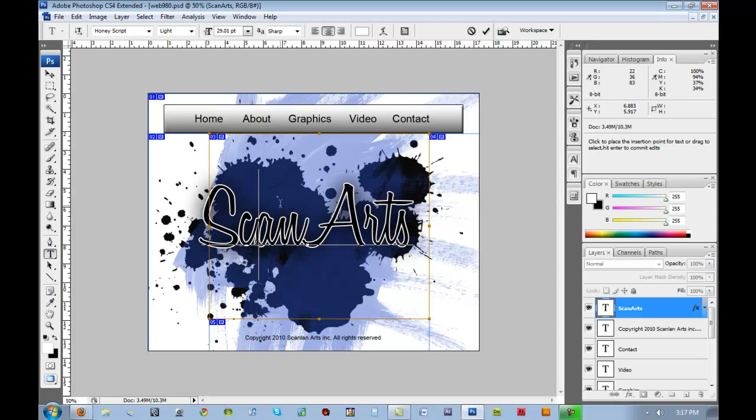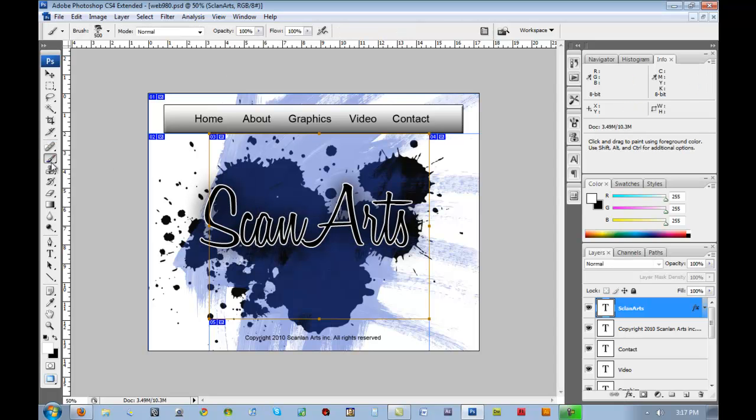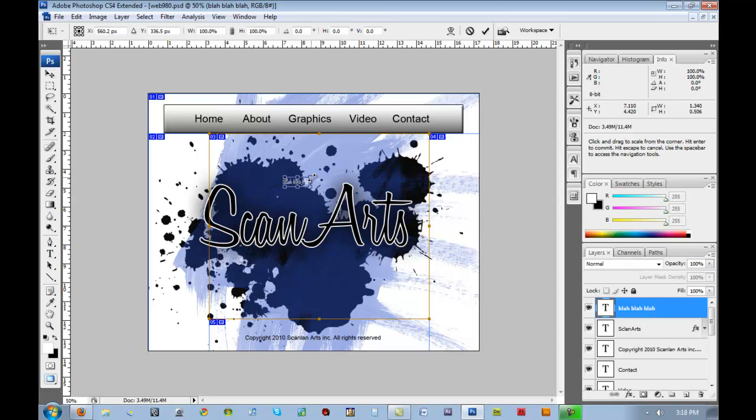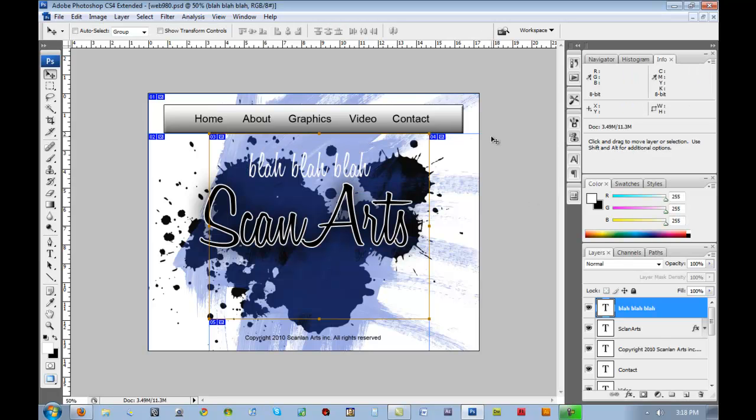Oh, I guess we were in the wrong one. Let's see. Okay, let's grab our text again. Okay, just blah blah blah. So we have our text right here. You can size that up and make it bigger, whatever you want to do. This is just for demonstration. So this is a content page that we want to use for maybe our index page, our main home page, so right at home, we just want to have this blah blah blah there,